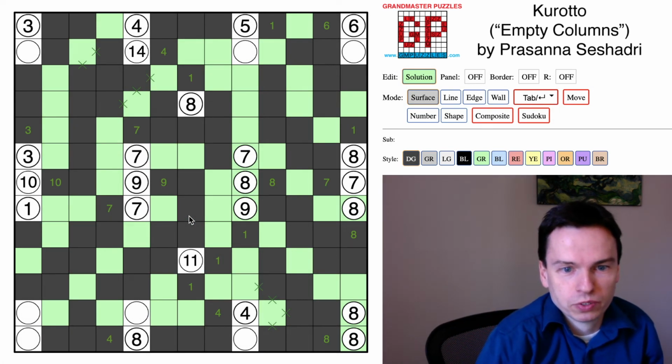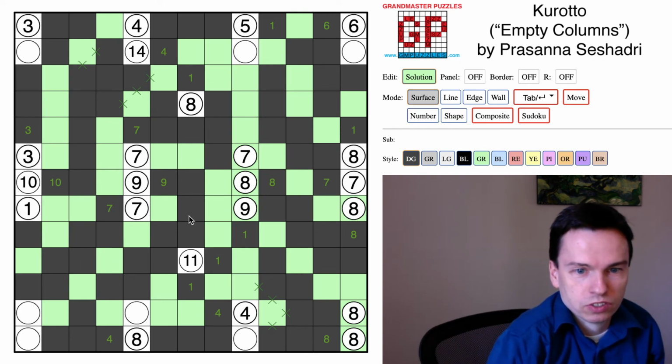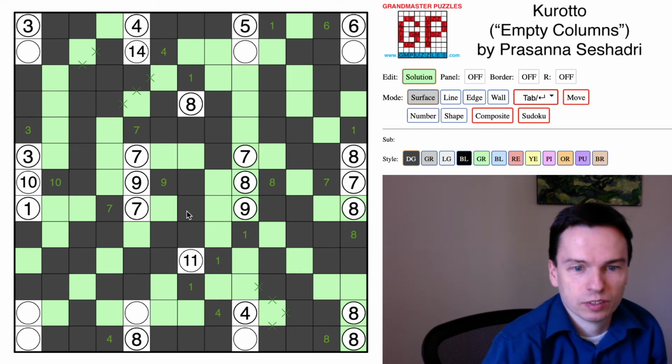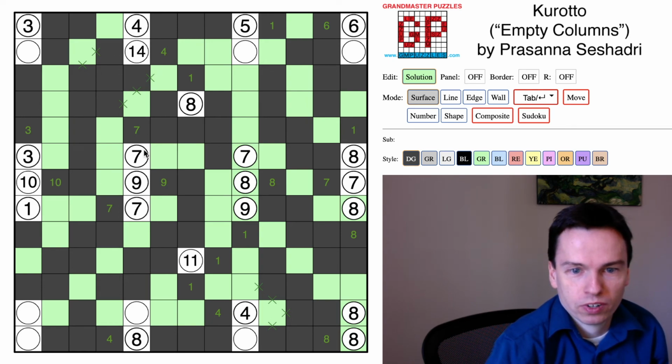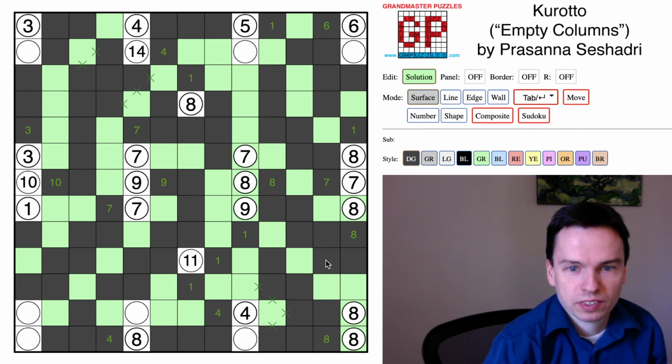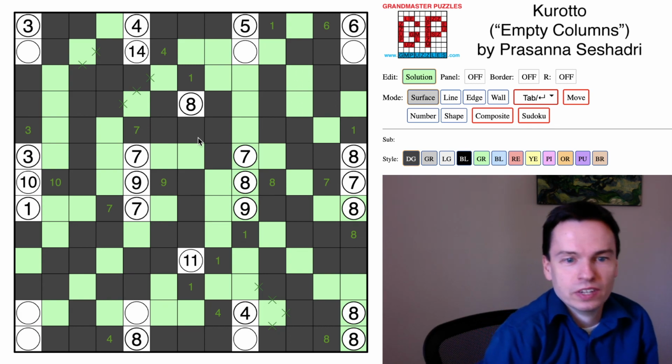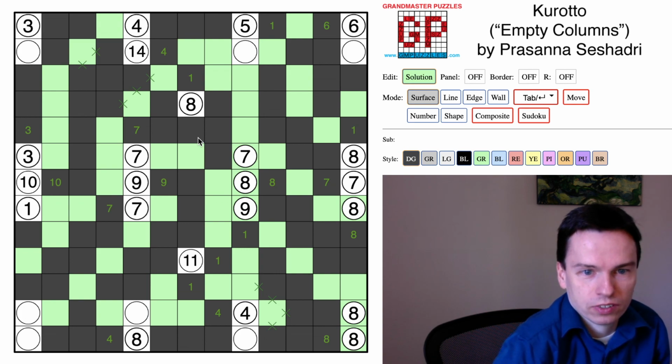So, mostly a puzzle that, while in larger size, is about tracking the pieces of regions as they come together, seeing things like 10 plus 4, 7 plus 1 in different scenarios, this 8 plus 1 really leading to a forced constraint over here. Really tight packing in the lower right side to get a unique spacing, but there is unique spacing in the same way there's really tight packing of 2 7s and a 6 in the top for tight spacing. So it uses a whole lot of the Kurotto constraints,